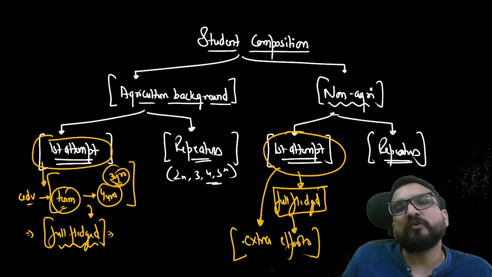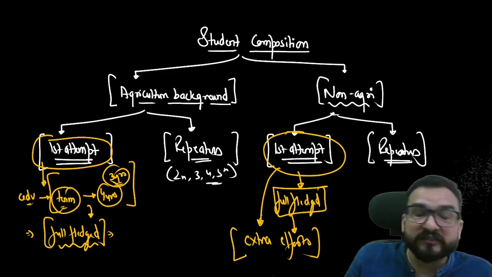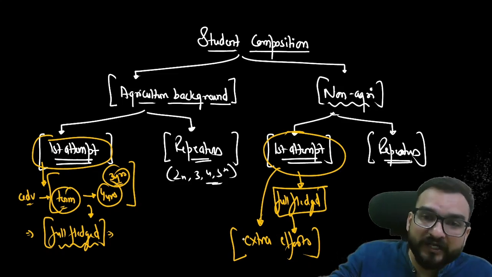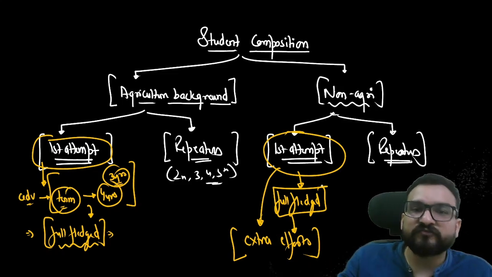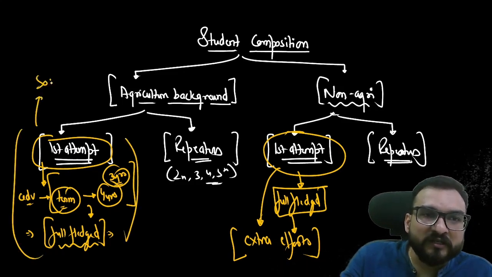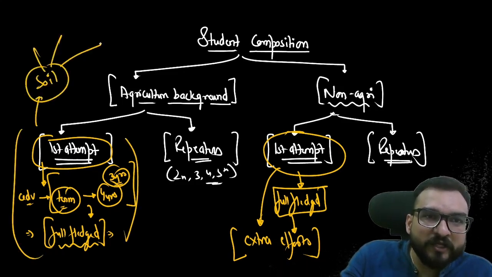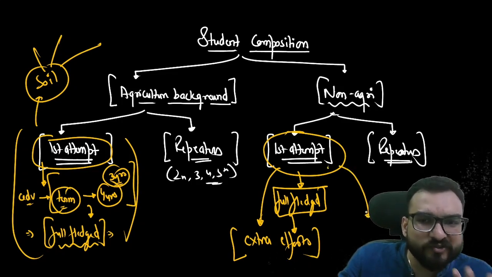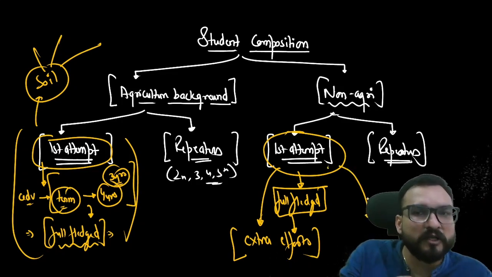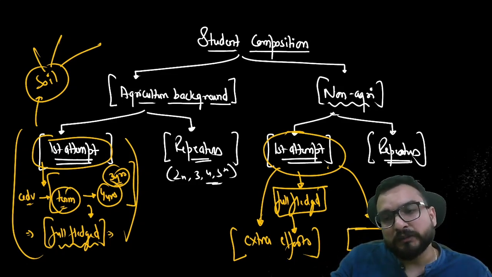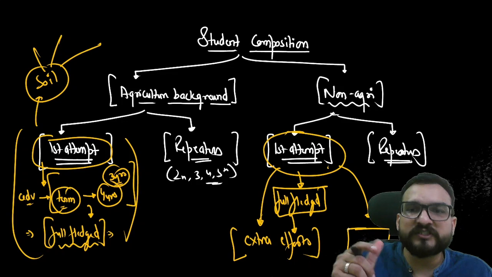Agricultural terms do not only include soil, weed, conservation, erosion, genetics, plant breeding. No, guys, you have to understand, you have to see things. For example, these agri background students have already seen soil from the physical, chemical and biological properties. But have you ever, non-agri student, I am asking you, have you ever seen soil from these angles, physical, chemical and biological properties? No. So whatever terms I'll be saying in the class, whatever terminology I'll be using, it is